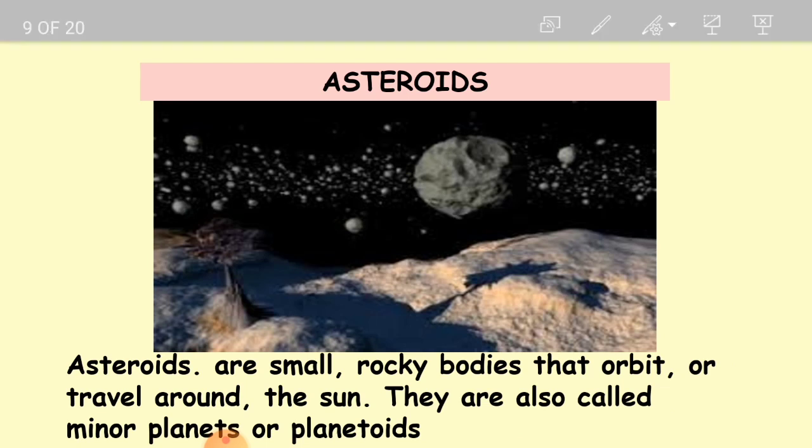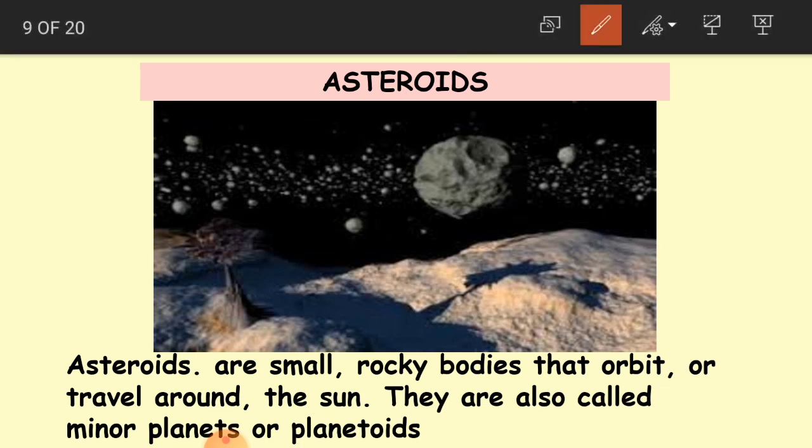Now about asteroids. So what are these asteroids? Are you able to see here in the picture? All these, all small, a little big. Asteroids are small rocky bodies that orbit or travel around the sun. So asteroids are very small and rocky bodies, that is like stones, rocky bodies which are going to orbit or travel